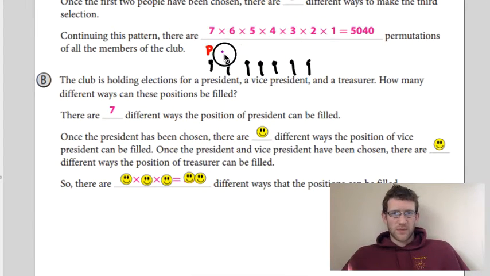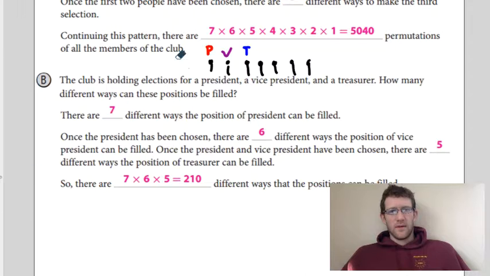How many can become vice president? Well, again, there's 1, 2, 3, 4, 5, 6. Now that the president has been chosen, there's only 6 ways. You see where I'm going with this. How many ways are there to choose a treasurer? Well, 1, 2, 3, 4, 5. Any of these 5 could do. I'll put it on this guy. So the grand total, how many different ways those positions could be filled, is 210, because it's 7 times